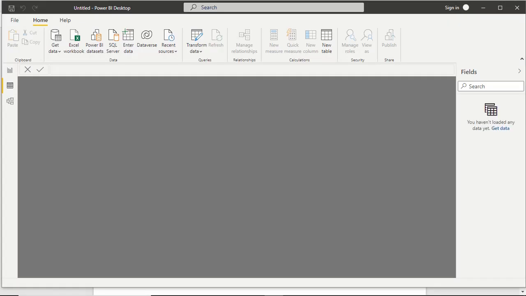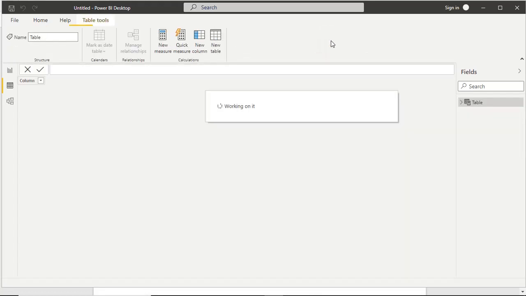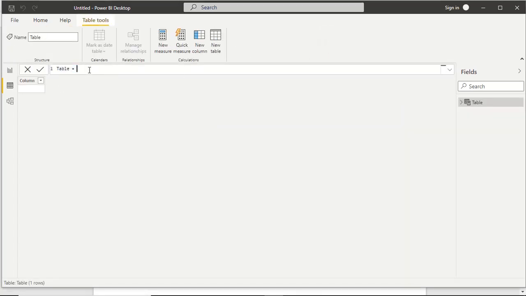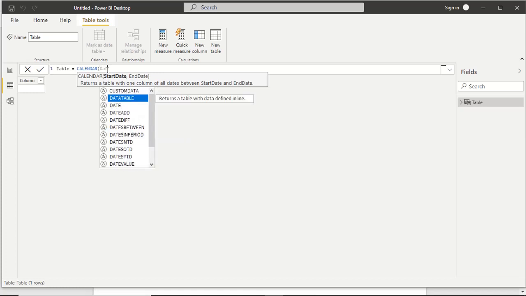As I told you, the return type of CALENDAR is a table. So, new table. Now CALENDAR requires two parameters: start date and end date.